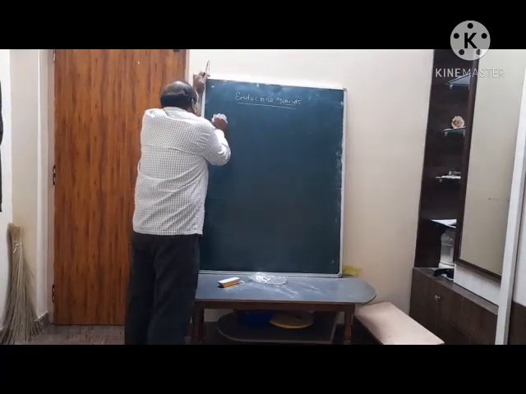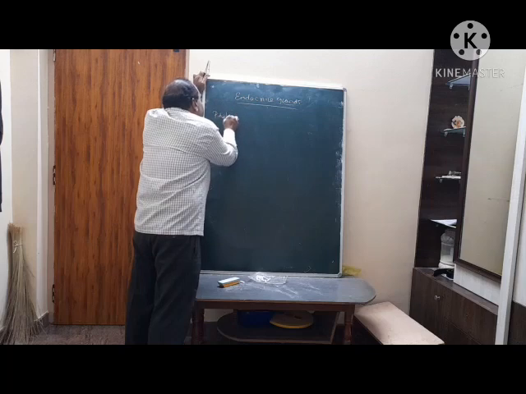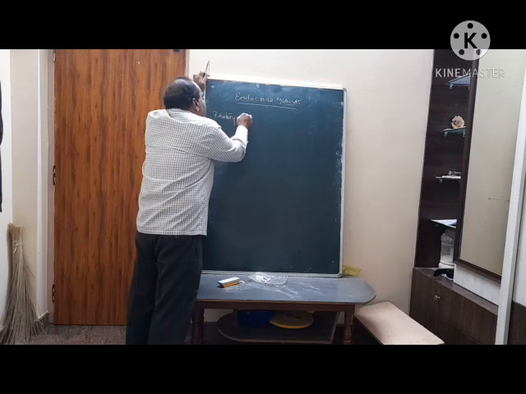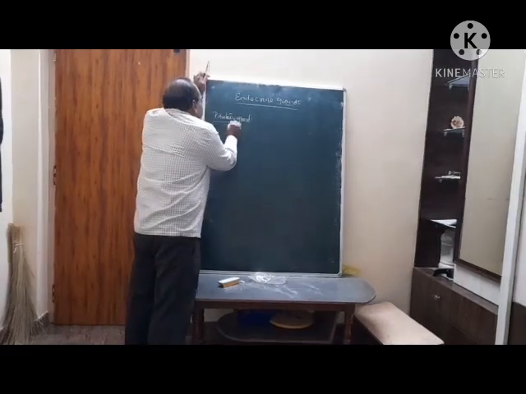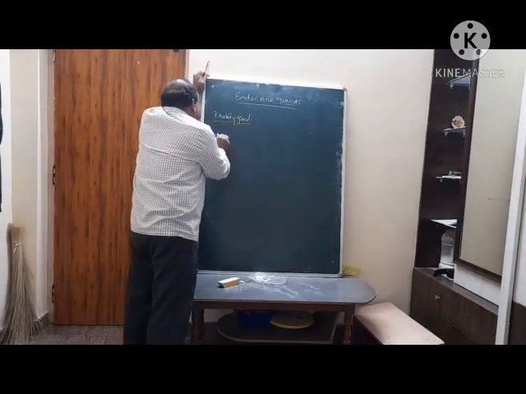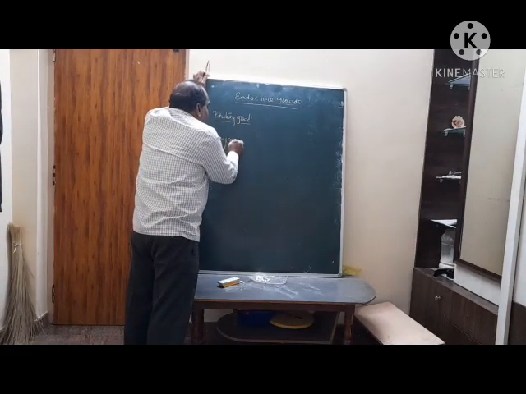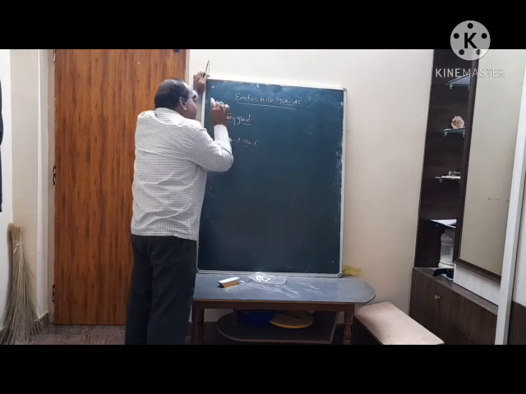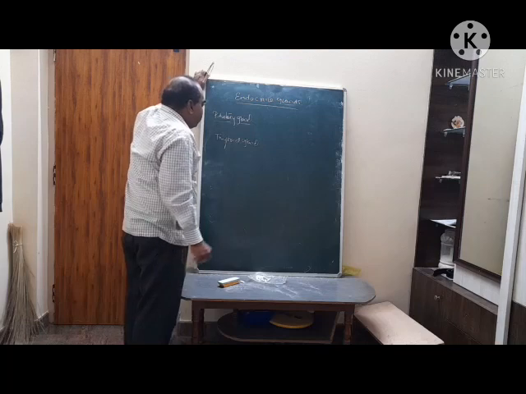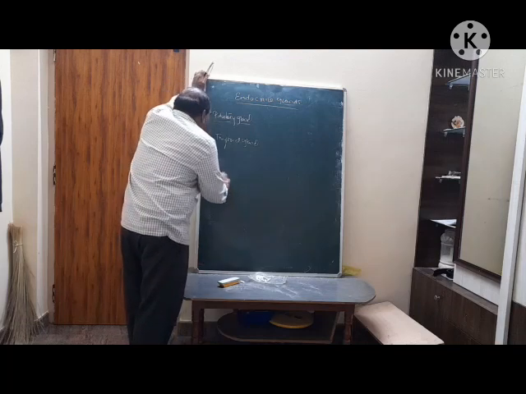The pituitary gland is an endocrine gland. One more endocrine gland is the thyroid gland. The thyroid gland is also an endocrine gland. Next to that one is